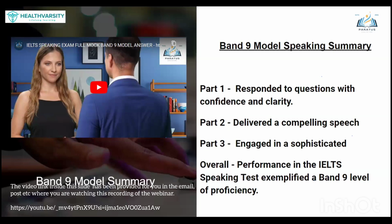As I was saying, in part 1, and you can go back and have a look at this, she responded to the questions about herself with confidence and clarity, and her answers were articulate and detailed. She had the ability to express her ideas really fluently, and she maintained a really natural flow in her speech with minimum hesitation. I think that obviously demonstrated a strong command of her grammar and her vocabulary. So in part 2,